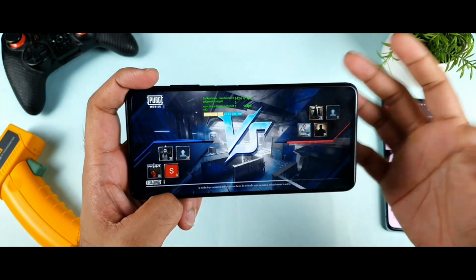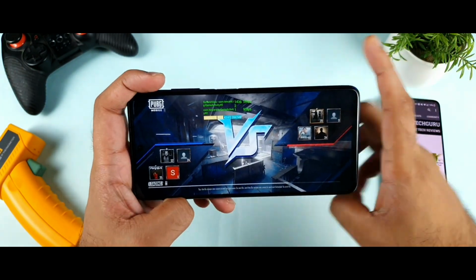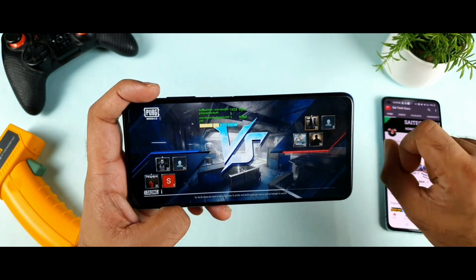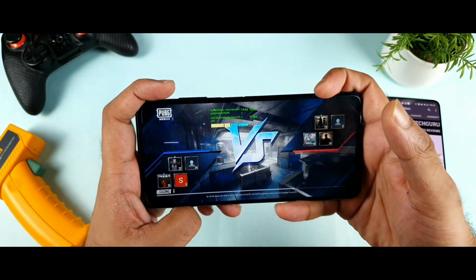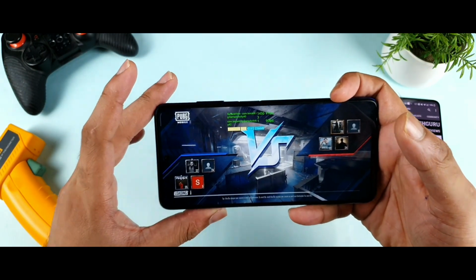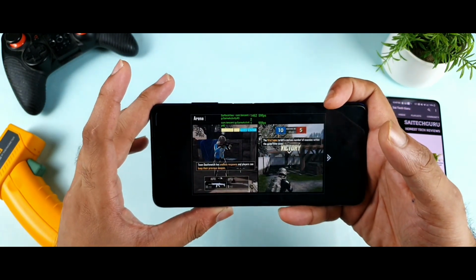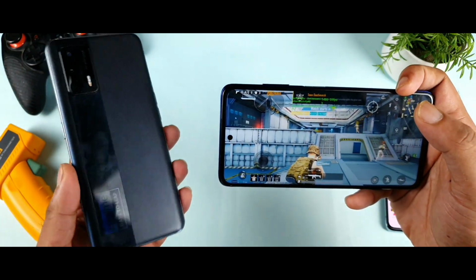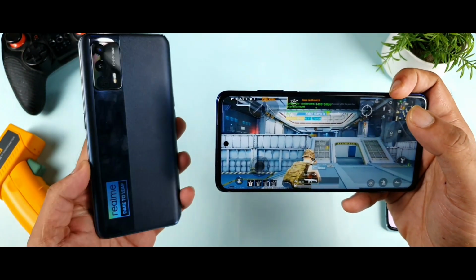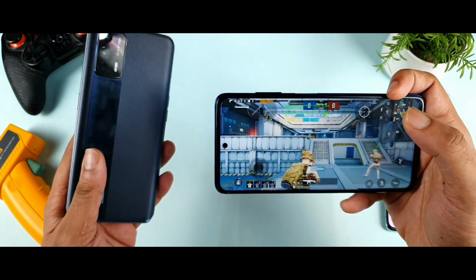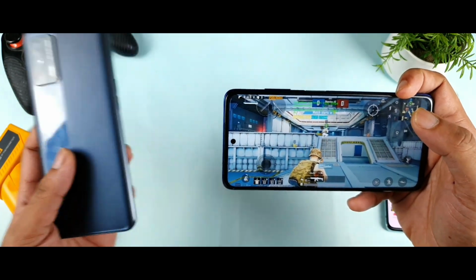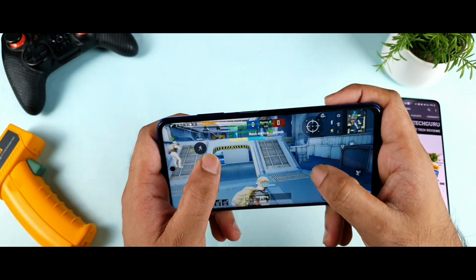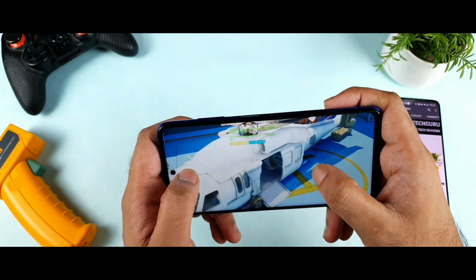If I got 90 FPS, I could have played continuously. But definitely I'll try to do the config file patch test on other smartphones as well, maybe the iQOO 7 and other devices. Right now the one phone which benefited highly from this PUBG and Battlegrounds Mobile update, and which I do have, is the Realme X1 Max with the Dimensity 1200. It's the only phone which got a major upgrade. HDR plus Extreme got added, and not only that, 90 FPS also got added with the major update. That's a really good thing, I would say.